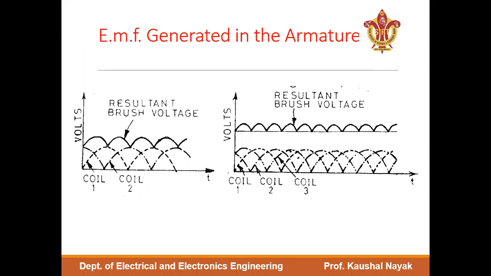From the elementary discussion of a DC generator containing one or two coils, it can be summarized that if we increase the number of coils in the armature, the resultant EMF across the terminals increases. Also, the profile of the DC voltage improves, as the ripple factor decreases with the increase in the number of coils.